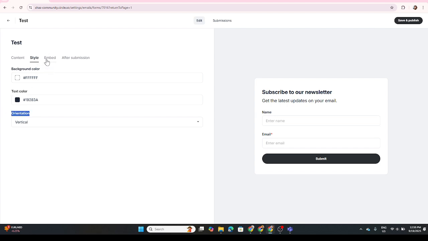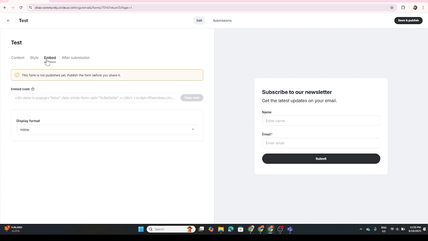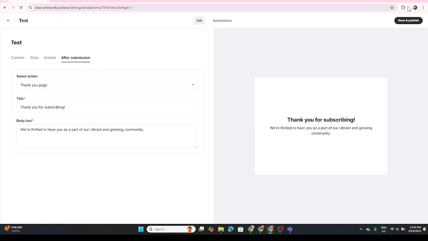Approaching the final stages of creation, locate the Embed option for instructions on incorporating the form into other pages or platforms. Under Display Format, choose how the form should appear. Should you wish to add any actions after the form submission, simply click on After Submission and then select Action to finalize this. Finally, there are fields for title and body text, which let you provide a confirmation or thank